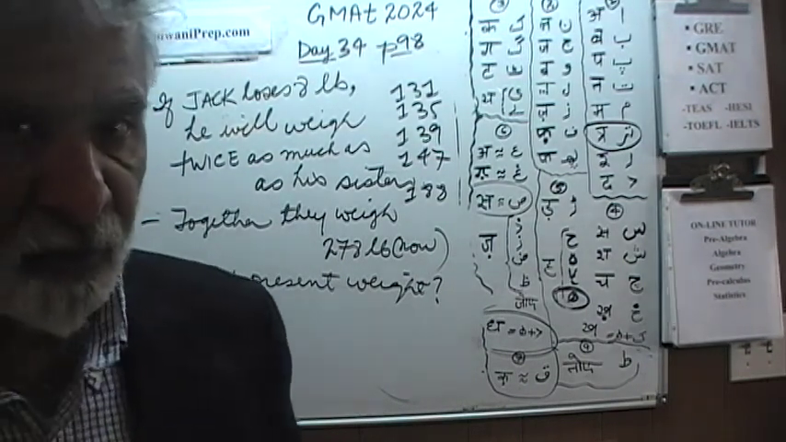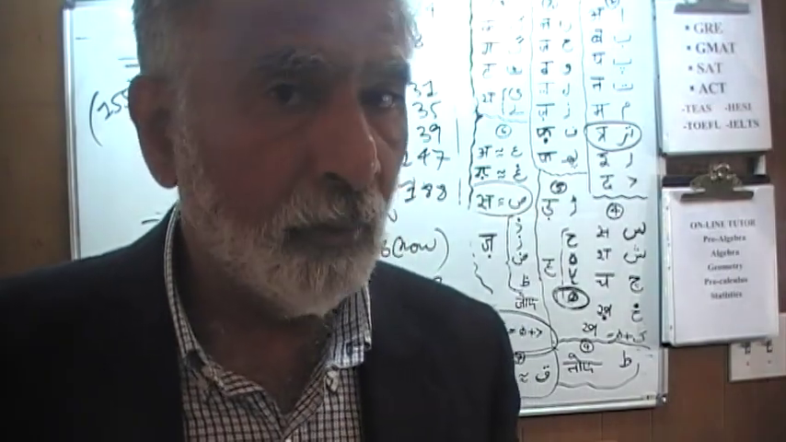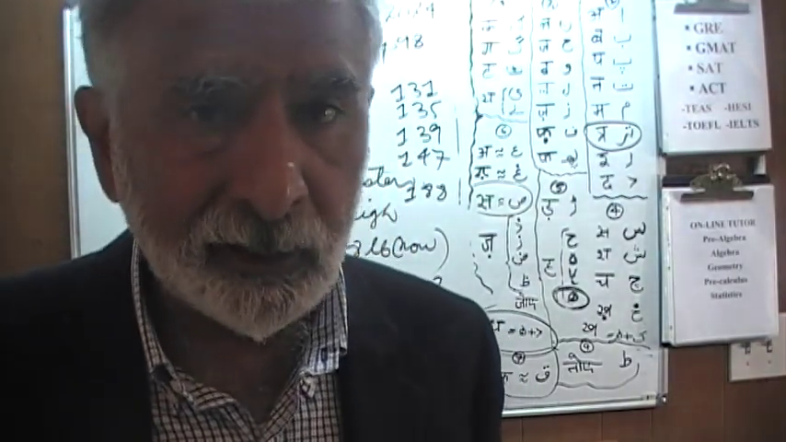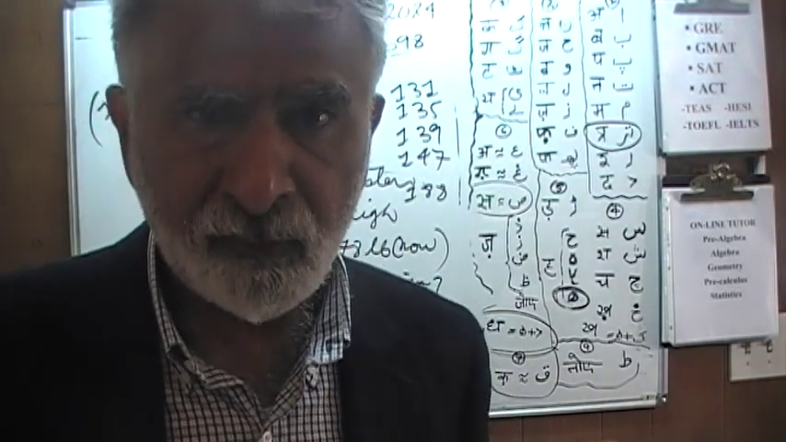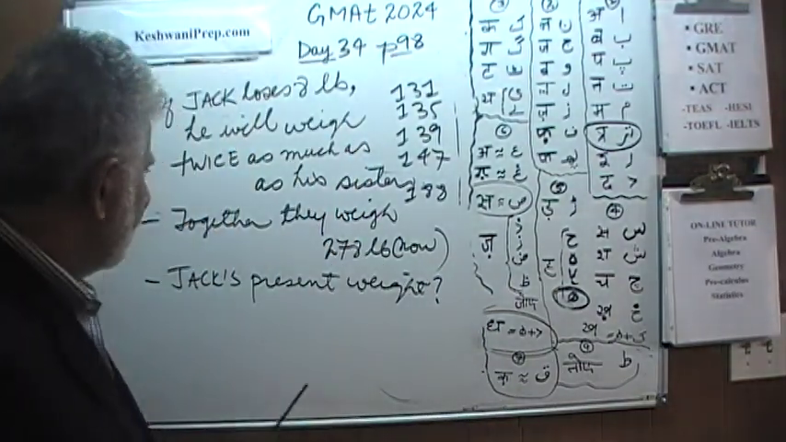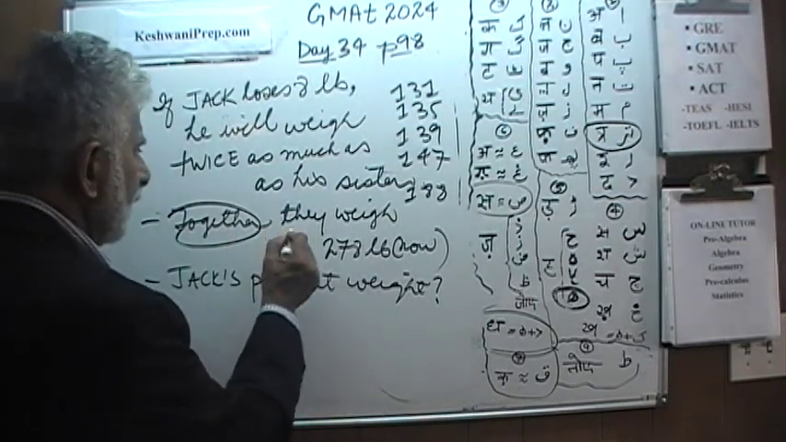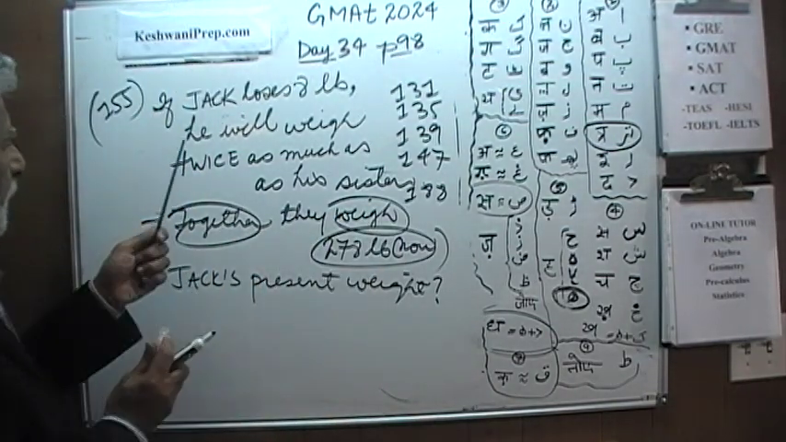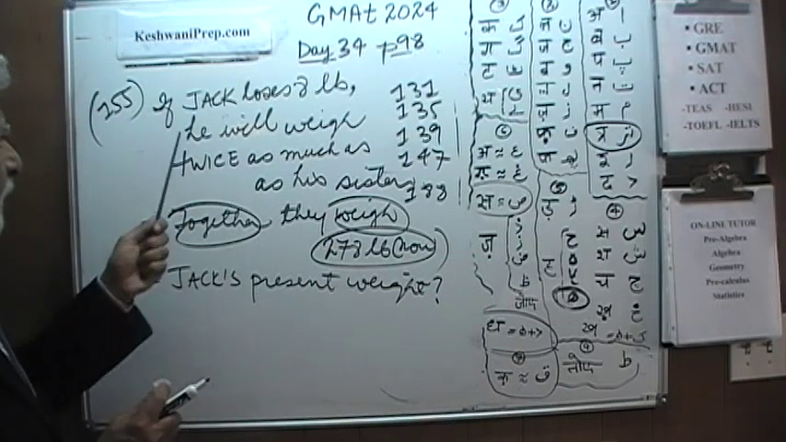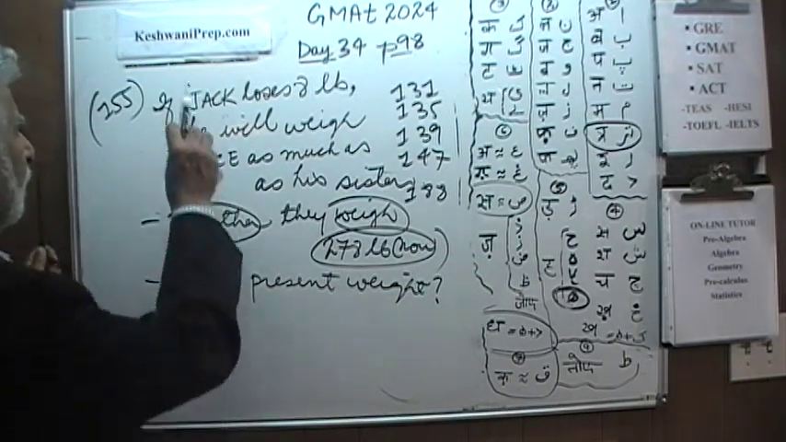As I said, it's a very straightforward, simple problem because we have two unknowns, Jack's weight and his sister's weight, and we have two very straightforward, simple linear equations. Together they weigh 278 pounds. That's our first equation. And here's the other one. If Jack loses 8 pounds, well,